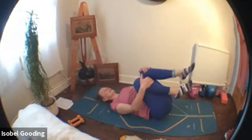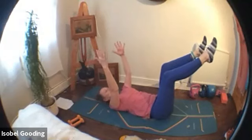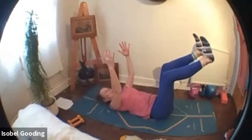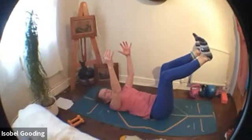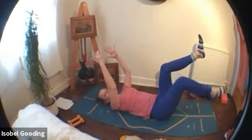We're going to take the left leg to 90 degrees, the right leg to join it, taking the arms straight up in the air, and we're just breathing it through, holding and breathing for 10, 9, 8, 7, 6, 5, 4, 3, 2, 1. Now keeping those right angles in those legs, we're going to tap the left toe down to the floor,